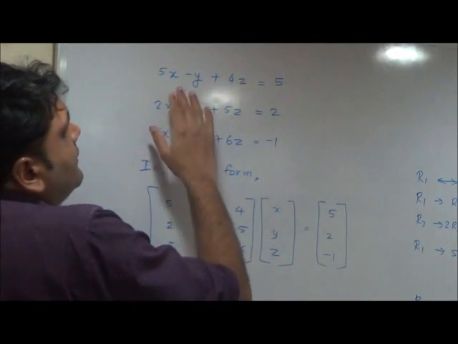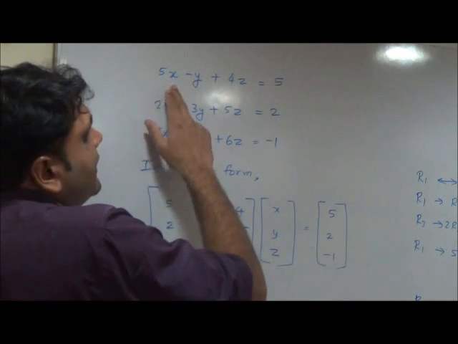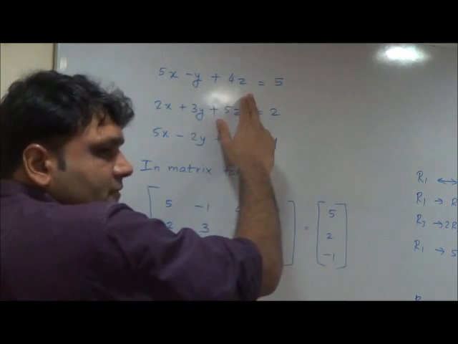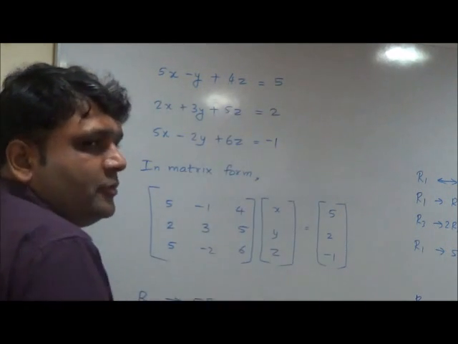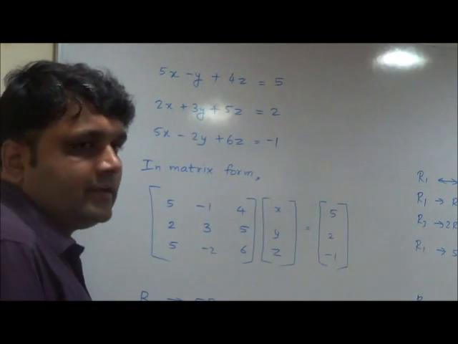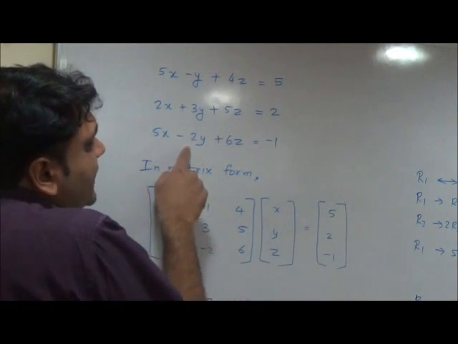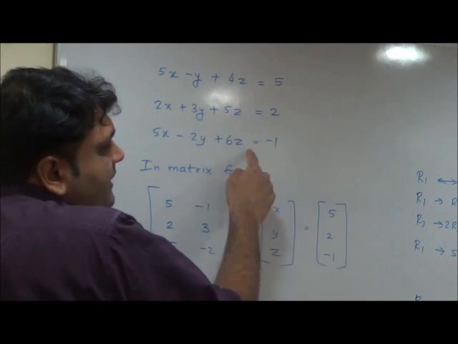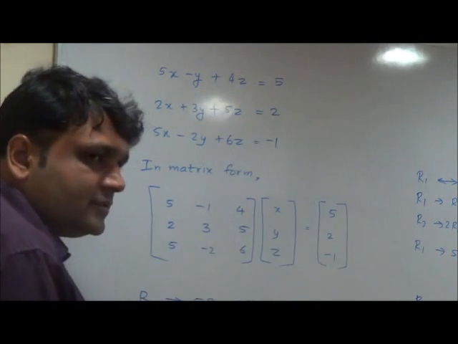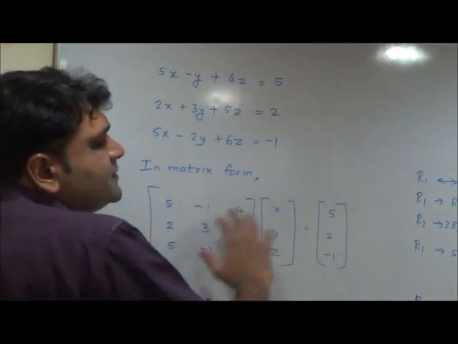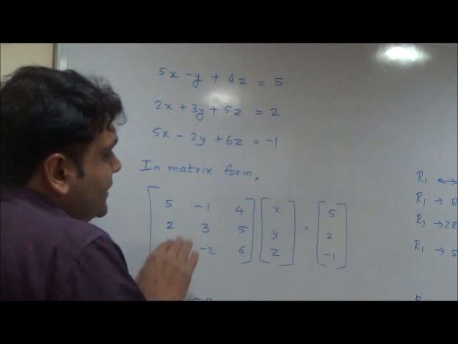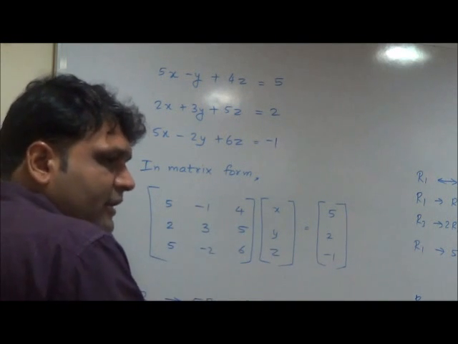Always remember, in each equation, whatever are x, y, z and the constant term, x, y, z should be on one side and the constant should be on the other side for this technique. If I give the equation 5x minus 2y plus 6z plus 1 equal to 0, take the plus 1 to that side, minus 1. Why is this valid? For multiplication we can multiply and divide, correct or not?